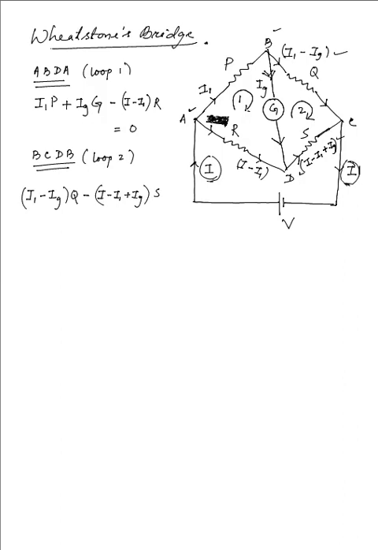Then again, as we move from D towards B, we have minus Ig multiplied with G, and all of them add up to give 0, because there is no EMF present in that circuit whatsoever, which would have remained on the other side. Now, just like we have a pointer in the galvanometer, the pointer is deflected, showing the presence of current in that circuit. Now under balanced condition,